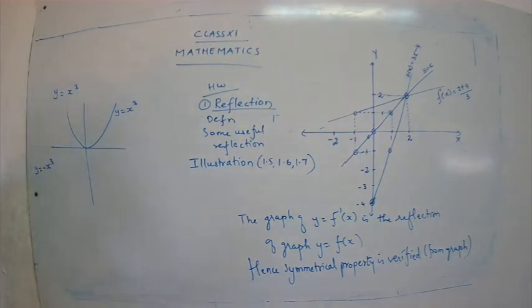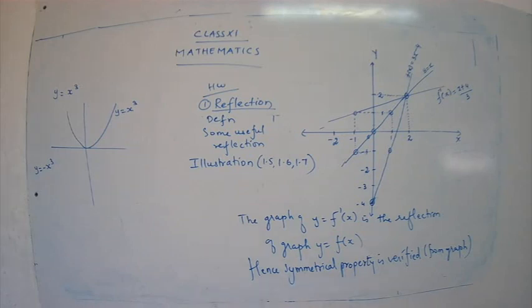So you are not going to draw a table, you are not going to plot a point over there and you are not going to get a graph. You are just going to take the graph as a reference graph and you are going to make a new graph. Now here, see, the functions are the same. What is the function here? Y is equal to x cube. And what is the function here? Y is equal to minus x cube. Okay, so just a sign change. We have a change in the sign. So how are you going to complete the graph?